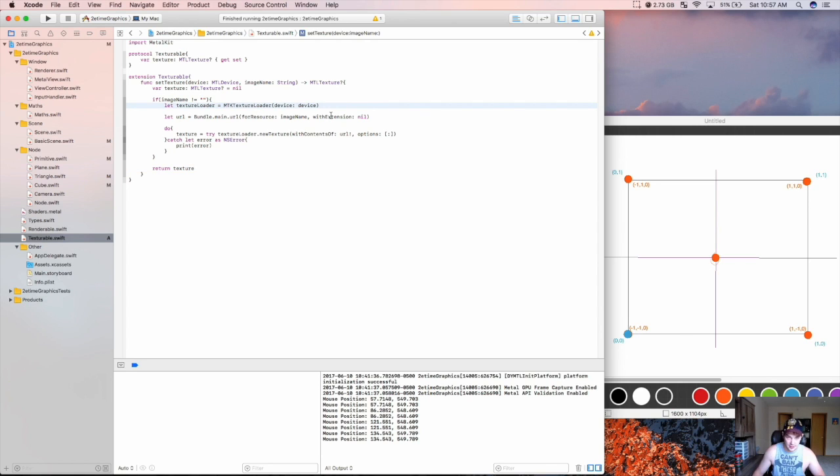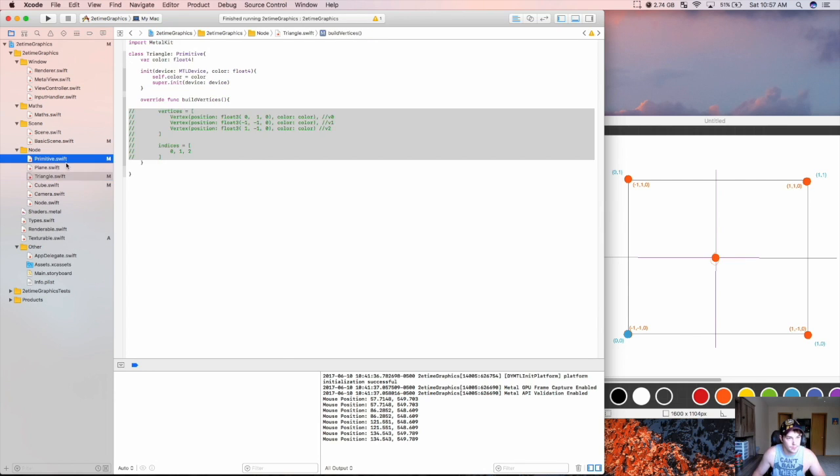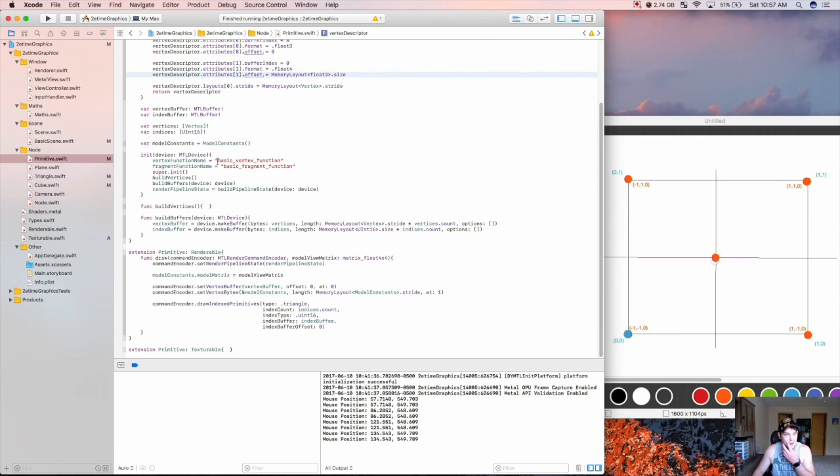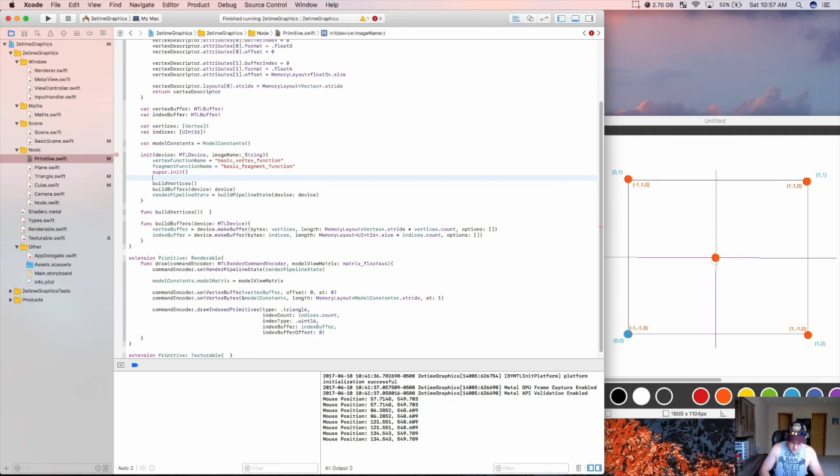There's some stuff we'll have to do here. We'll have to actually create some options and for the origin, but we'll do that in a second because I just want to show you what happens if you don't. So yep. Let's go set our texture on our primitive. Sound cool? Sounds good to me. All right, so now on init for our primitive, we're going to need to take in an image name now. And then that could be an empty string because if let texture equal set texture device image name